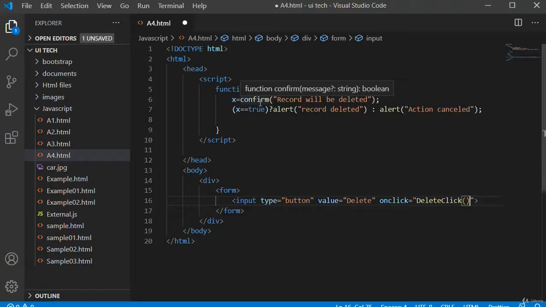Confirm function returns boolean value, either true or false. I am writing record will be deleted in this confirm message. If x double equal to true, if this x is returning true from this confirm function, then I want to execute record is deleted from my alert pop-up. If x is returning false, then I want to execute this alert box with action cancelled. So just save it, Ctrl S.